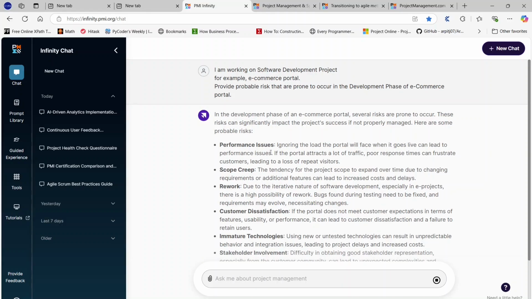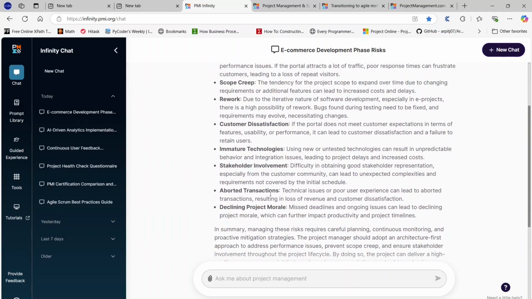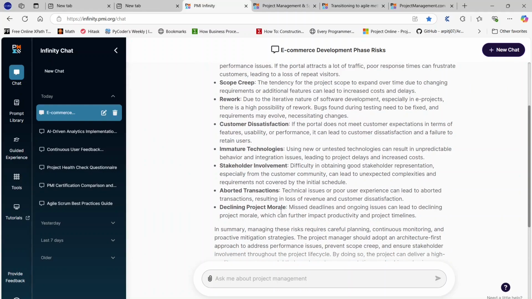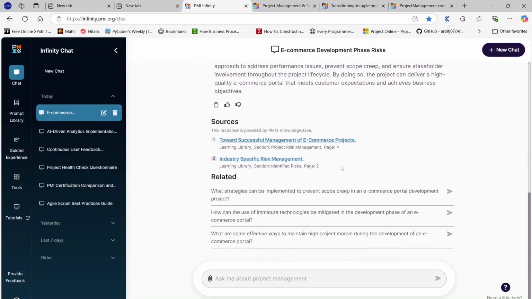See here: performance issues, scope creep, rework, customer dissatisfaction, immature technologies, stakeholders, and declining project morale. Like this, and it has given a summary of the information. Okay, and along with that, I have given the generalized prompt based on my challenge, my information or my plan, and related to that it has pointed out